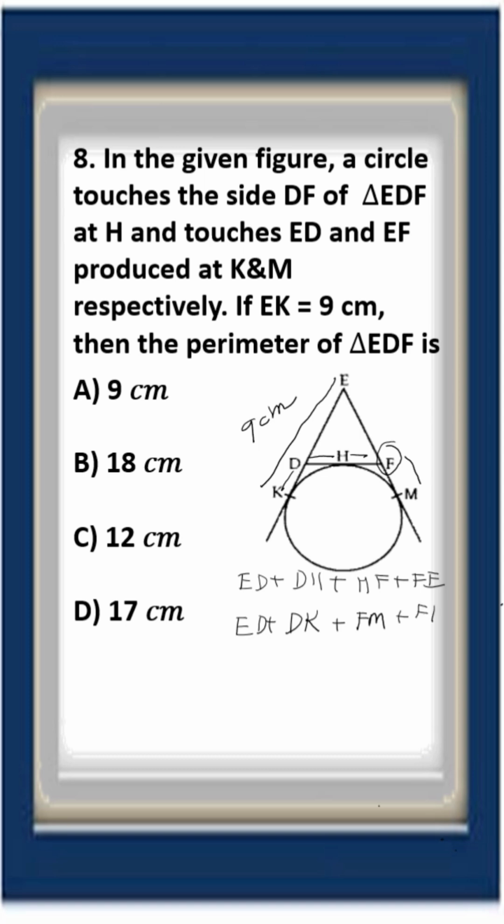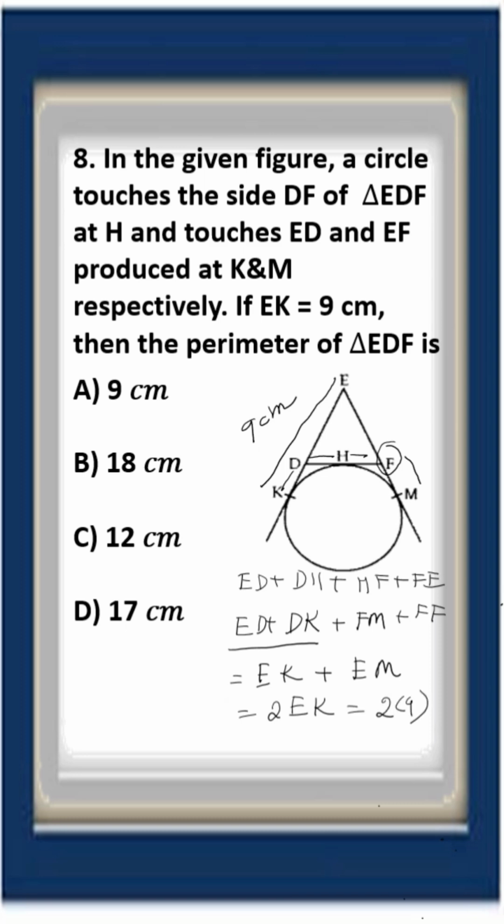ED plus DK is equal to EK. FM plus FE is equal to EM. Observe that EK and EM are the tangents from the external point. So this is equal to 2EK. That is equal to 2 into 9, that is 18. So the correct option is